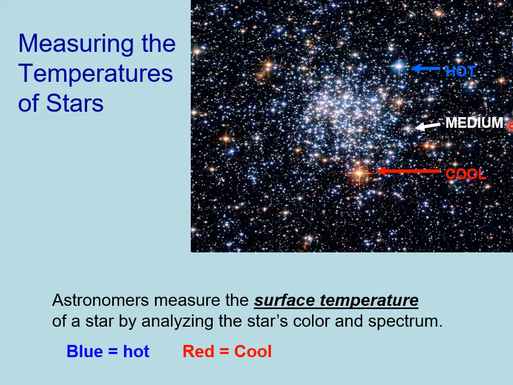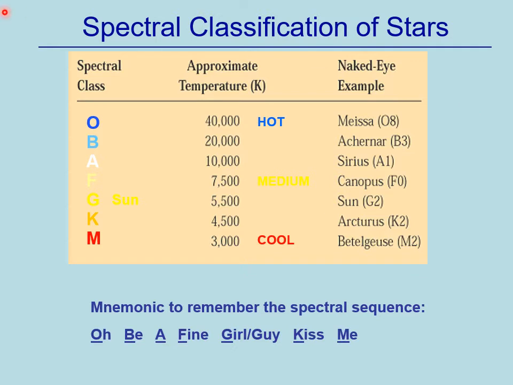Astronomers actually use a much more precise way of measuring stellar temperatures by inspecting the actual spectrum of the star. And we're not going to go into the details of that in this course, but I'll just tell you that we can very precisely determine the temperature of any star by looking at its spectrum. So once we know the surface temperature of a star, we can start to classify them into what are